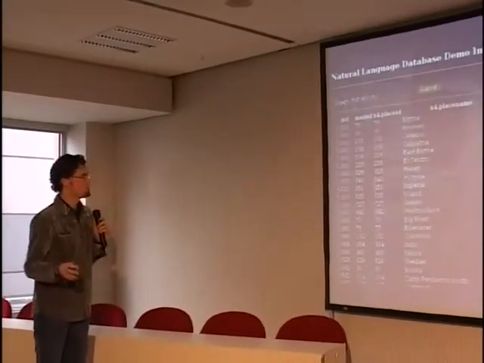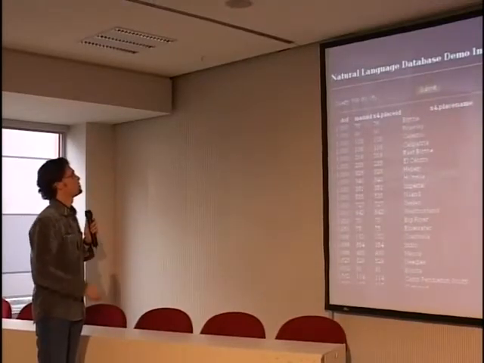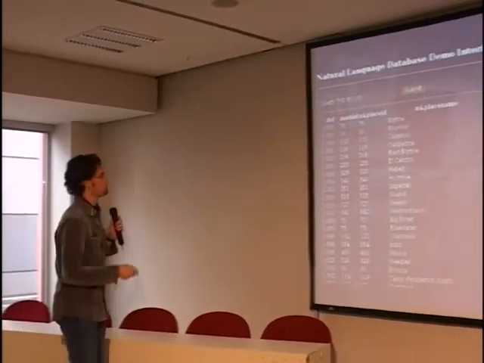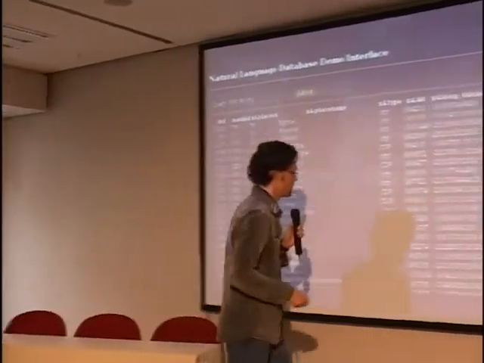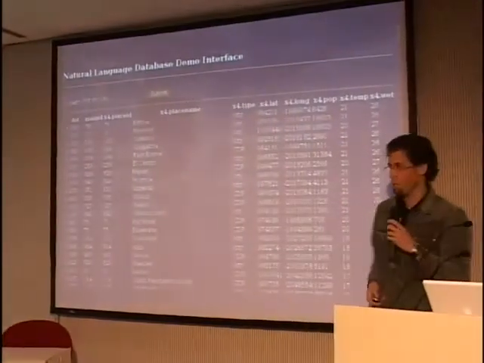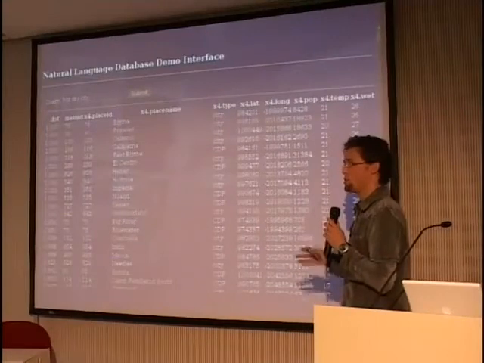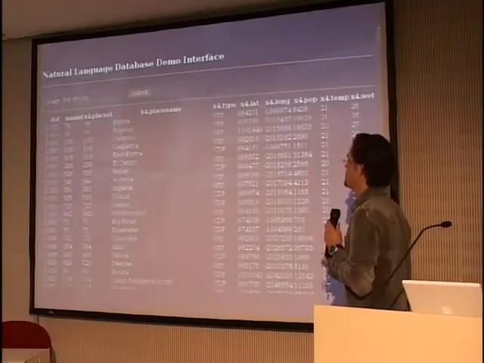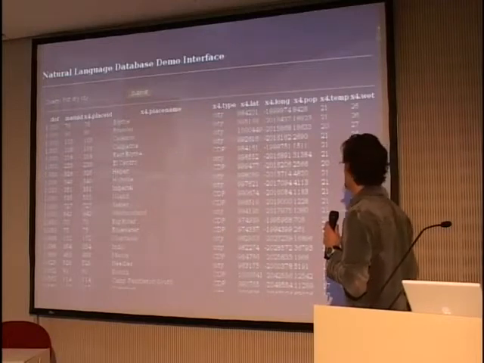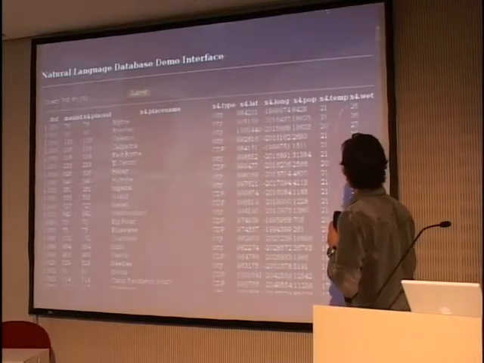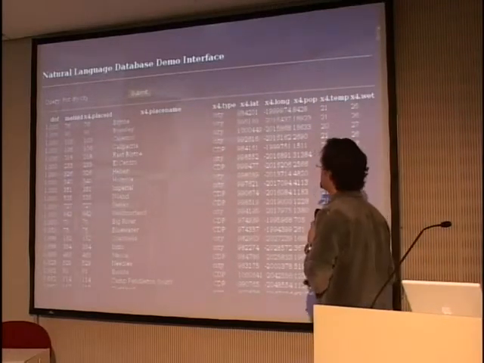So let me just give you a summary once again. We're doing a natural language database interface. What we want to do is we have a natural language expression. We're interested in all hot, dry cities. And then I came up with this prototype, and that actually ranks all the records in our database according to the degree to which those records fulfill our intuition about something being a hot, dry city. So we get